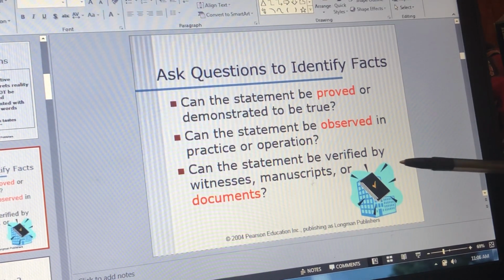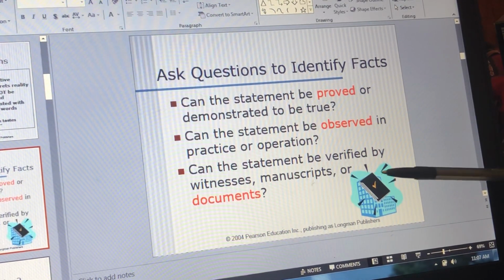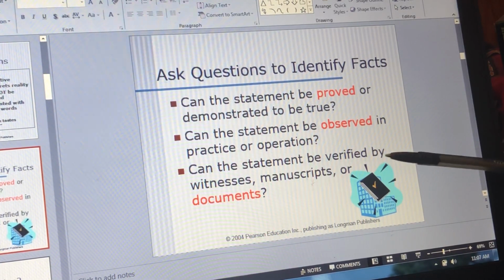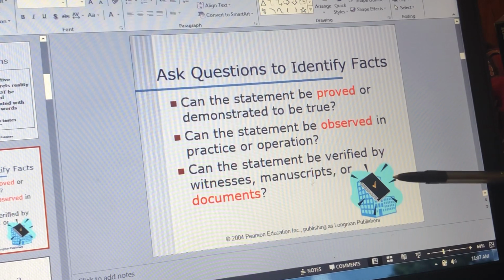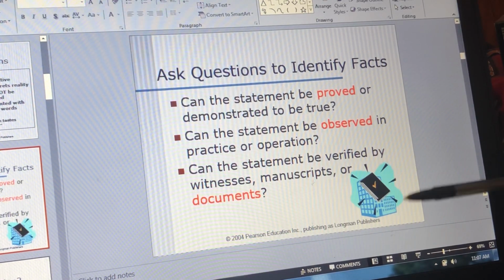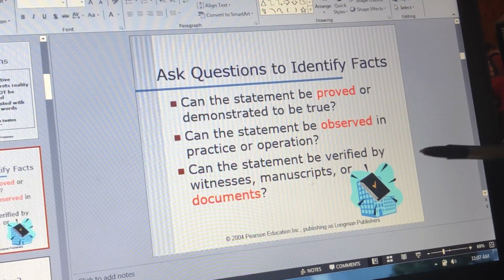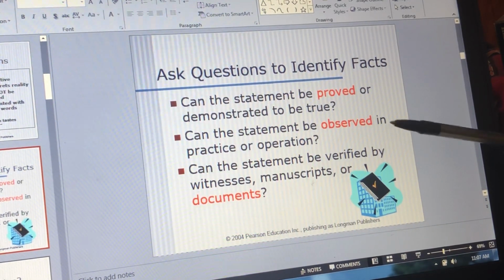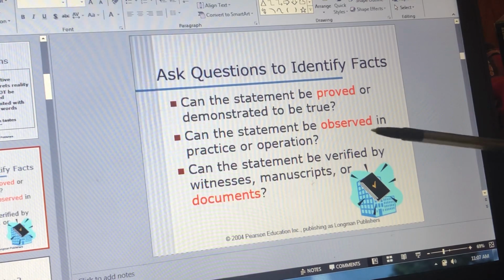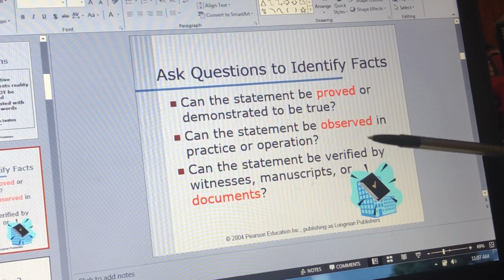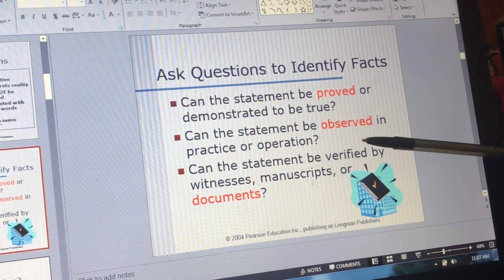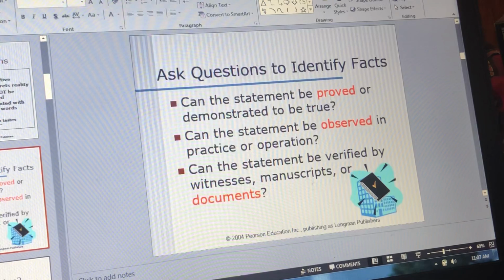You want to establish as an author that you are not being subjective, all right? That you're not just stating your opinion. You're making an argument. Other people might disagree with you, but we're going to use objective facts. We're going to use things that we can build a case on so that it doesn't seem subjective, so that your argument is being validated by facts. Okay?